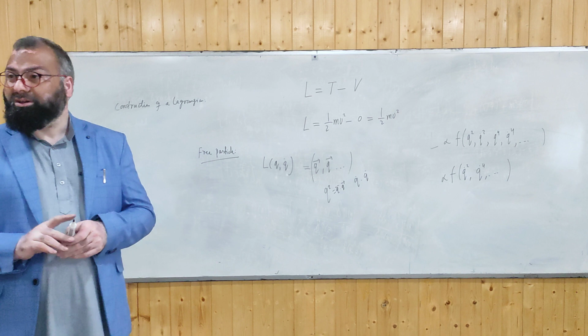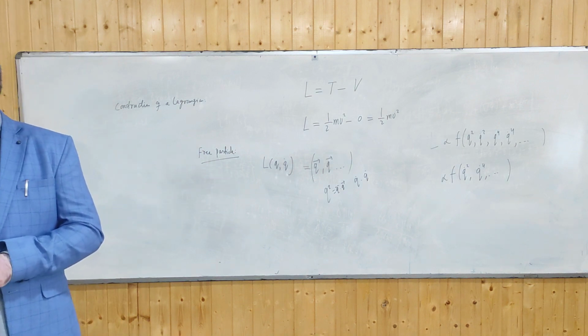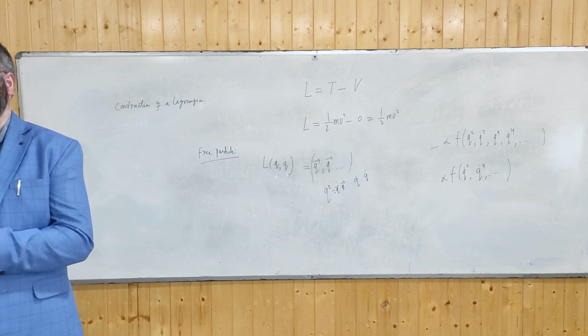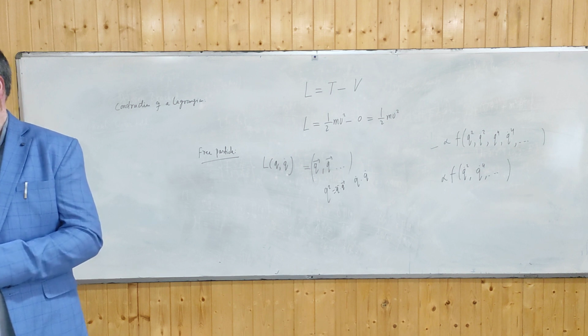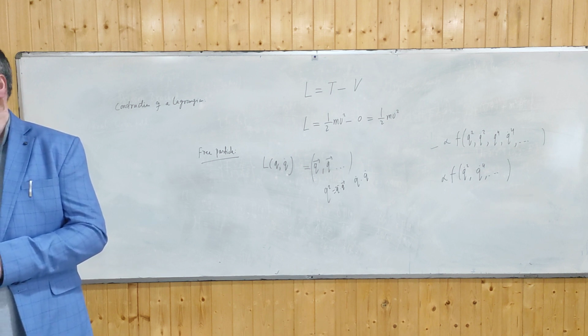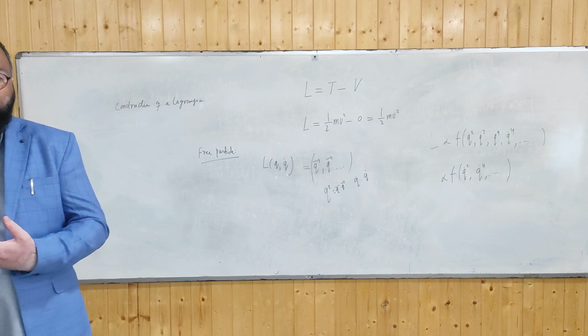Now tell me, q dot square gives me velocity square, is it? I am saying it will only depend on velocity square. It will not depend upon the higher powers, let's say velocity to the fourth, velocity to the sixth, and so on. Are you getting my point? Why? The reason being,